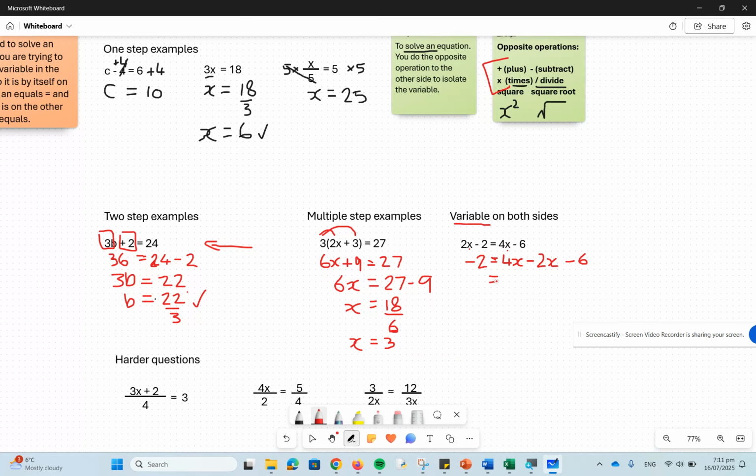Now that means we've got only 2x left. After doing that, and that minus 6, we can move it to that side by plussing 6. So let's go 6 plus 6 on this side, and there's a minus 2, so we'll just do it that way. So now we've got 6 minus 2 is 4,